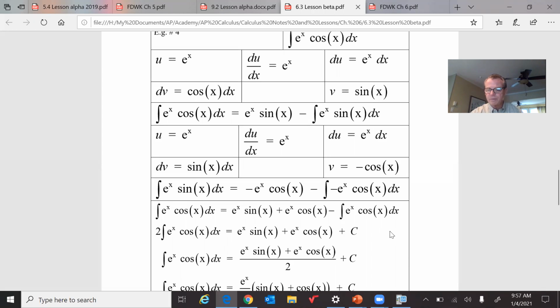But we used to do this, and if it comes up on the AP test, you're not going to be efficiently able to do this in the 3 minutes, and I've never seen this type of question on FRQ. All right? So